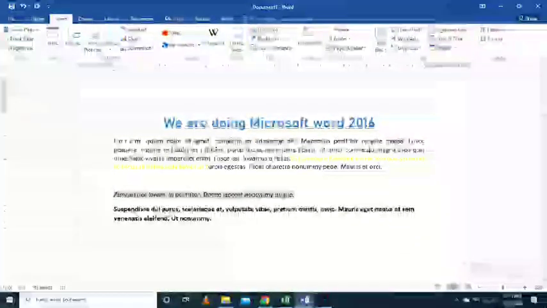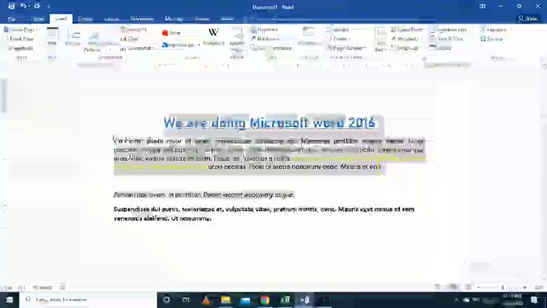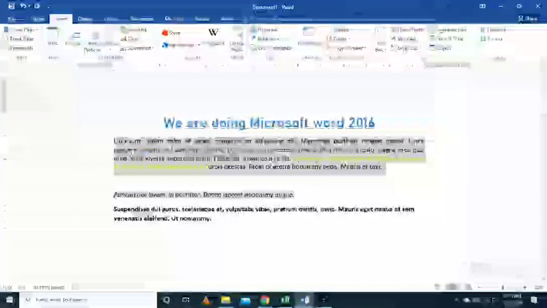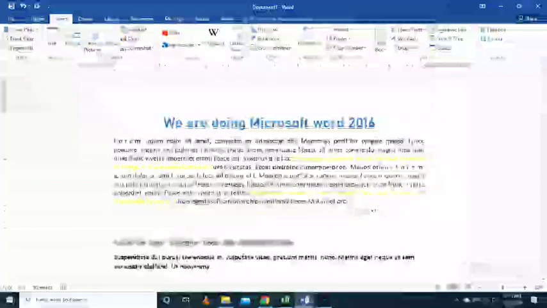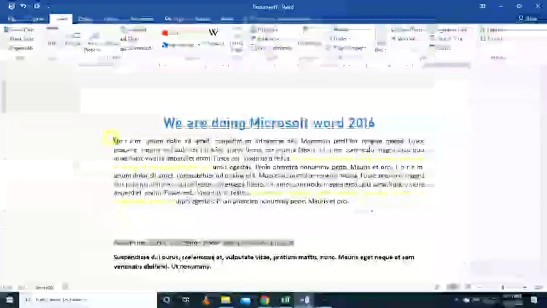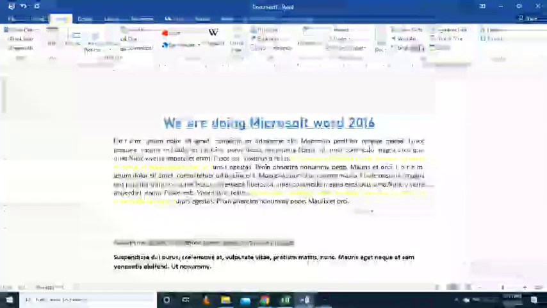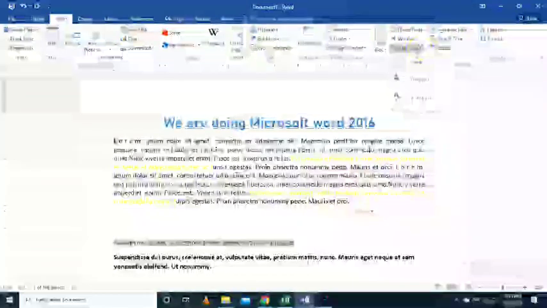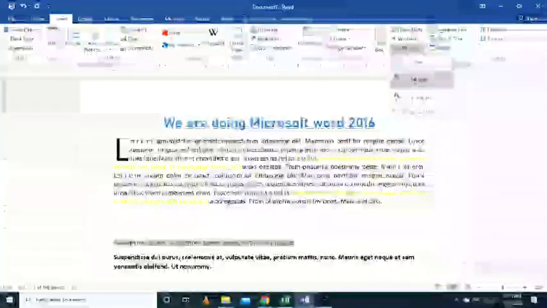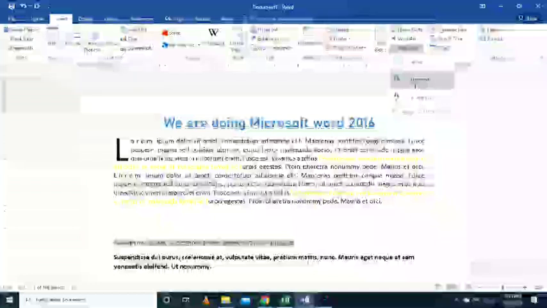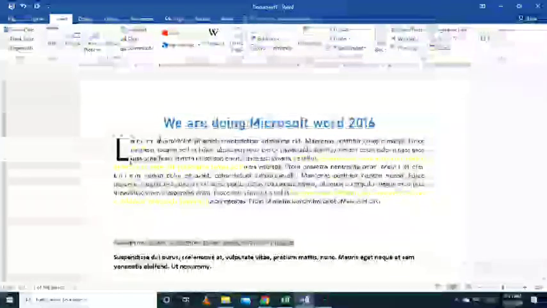Now let's say I make a little bit bigger paragraph so that I can explain nicely. Select, Insert, then Drop Cap. Under the drop cap option, you will find Dropped. Now when we select it, it is dropping only 3 lines.